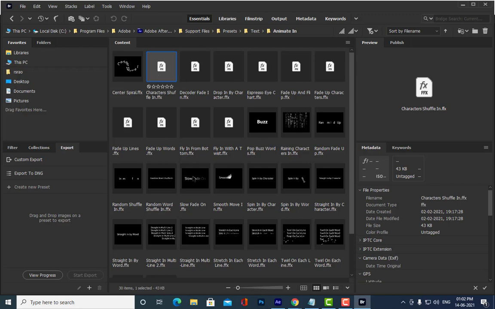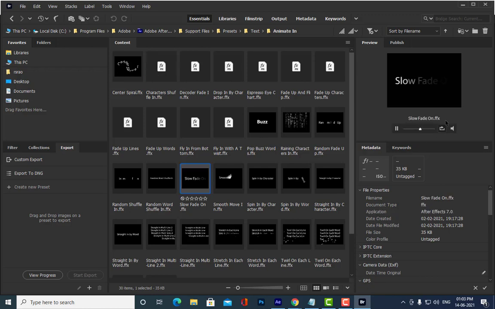Okay, some are not visible here, but you can see slow fade out. All these are presets, meaning ready-made built-in things. These come directly with After Effects. The moment you install After Effects, you can find these things. See how it is appearing.